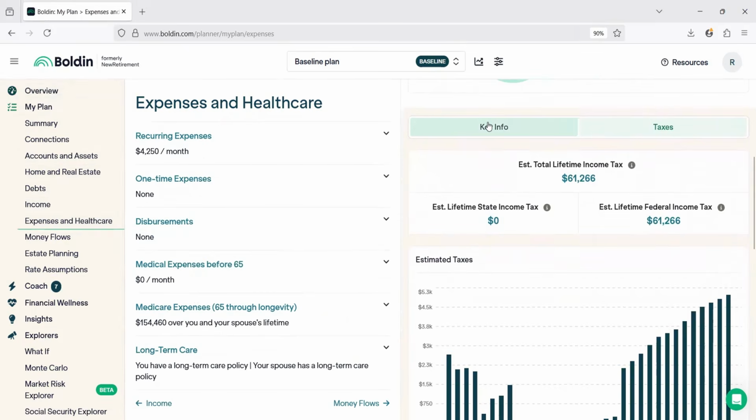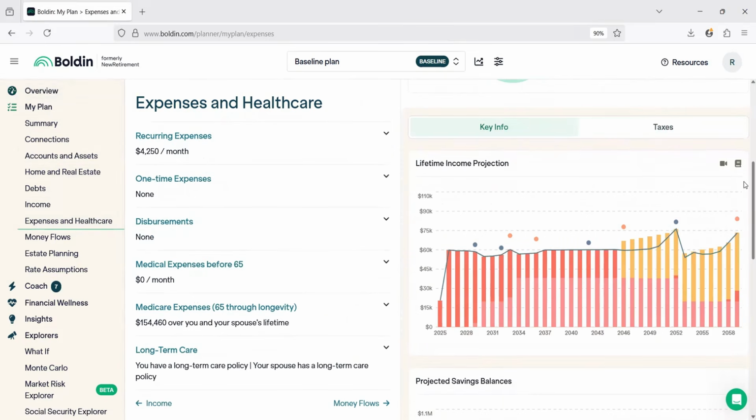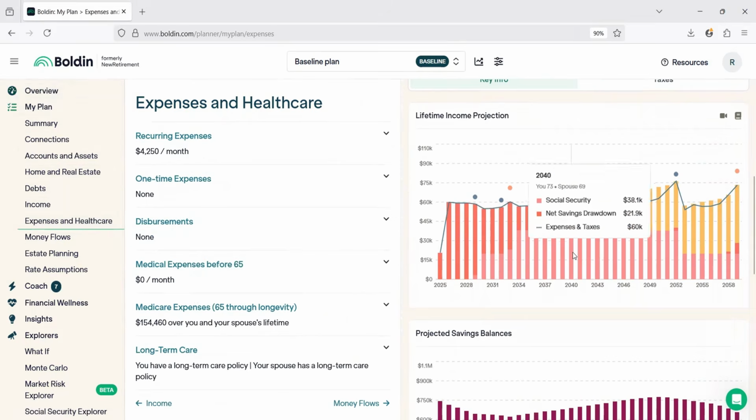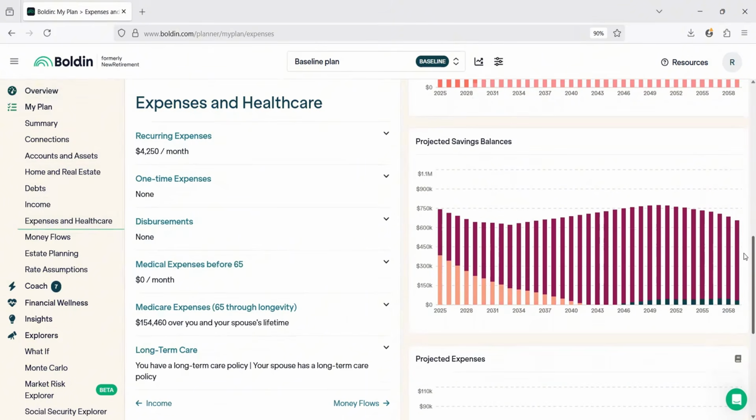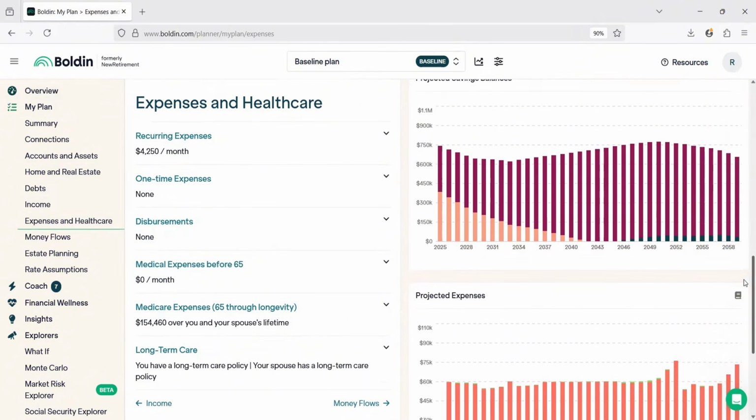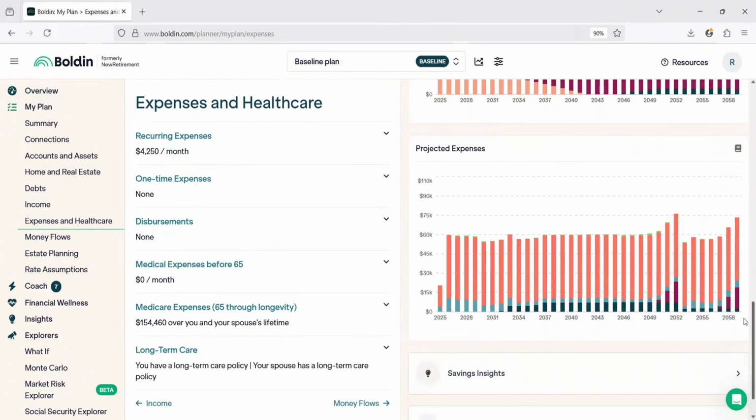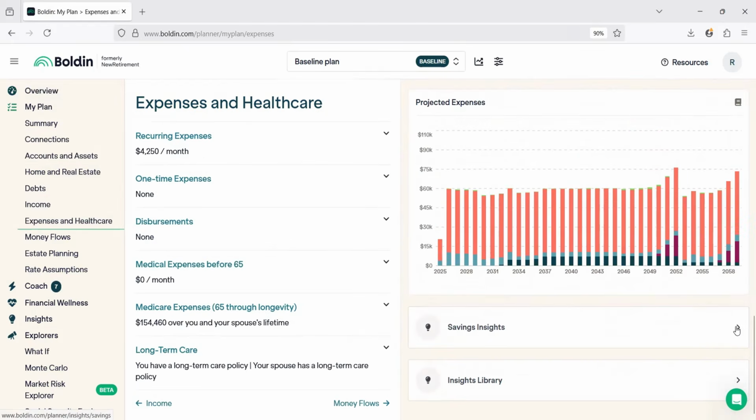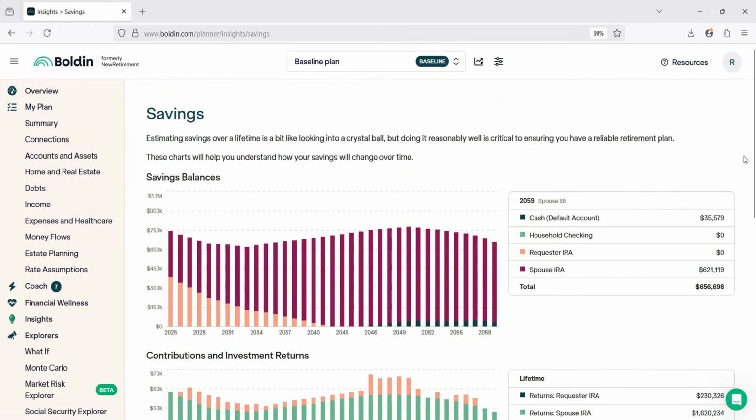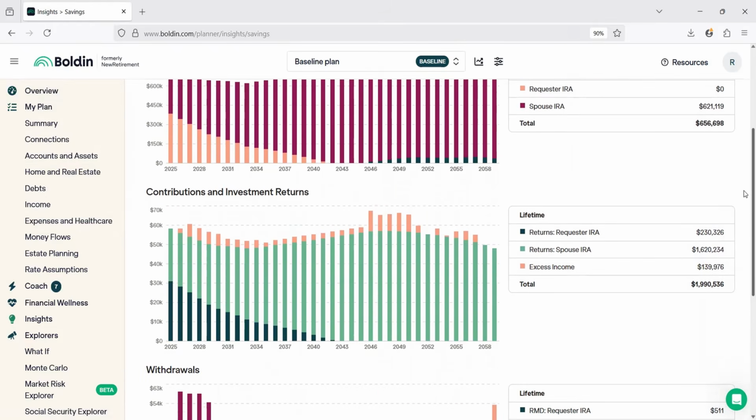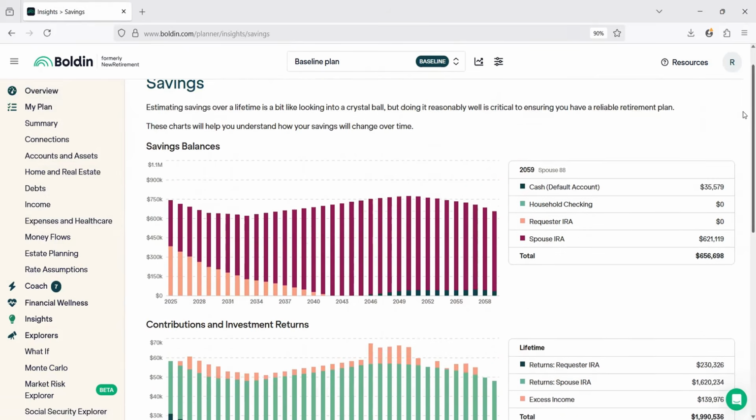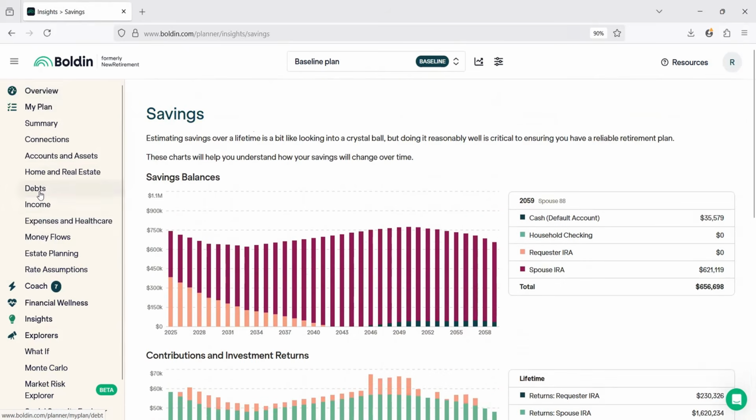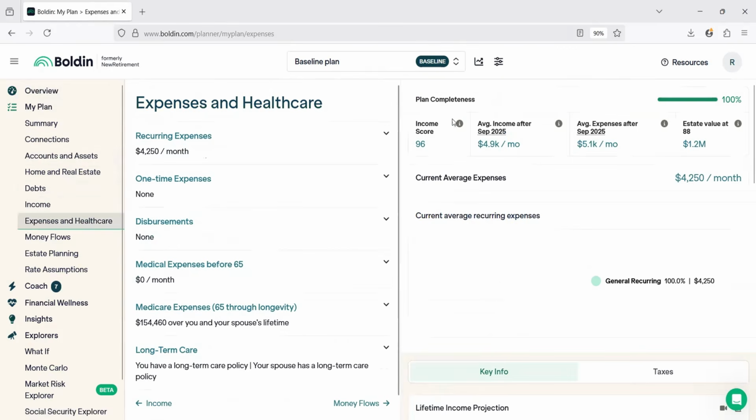We've got our two tabs here. There's key info, which is your lifetime income projection, your sources, where it's coming from. Okay. Your savings balances, projected expenses. Okay. Then you've got some insights. If you are using the paid version, you can click over and take a look at the insights. It's really valuable. Okay, but we are going to go ahead in here to